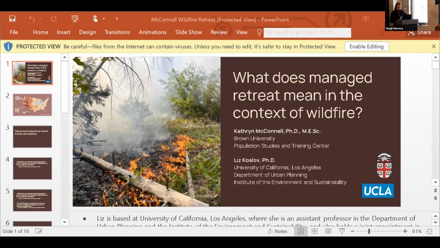So with these four core types of wildfire retreat in mind, I want to briefly walk you through the areas of research that Liz and I think are really important for charting out some of these questions. First, social scientists should be documenting the long-term visions of those who live in fire-affected places. And we think that this really needs to go beyond investigating just perceptions of hazard risk to better understand whether